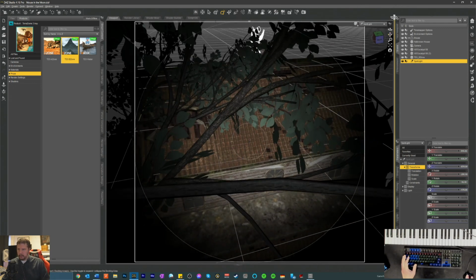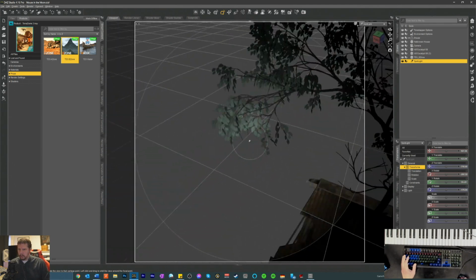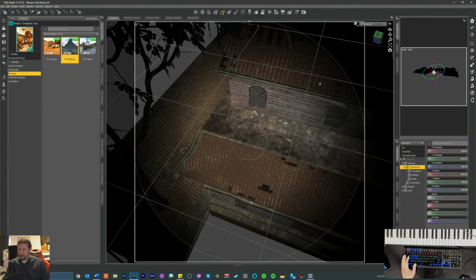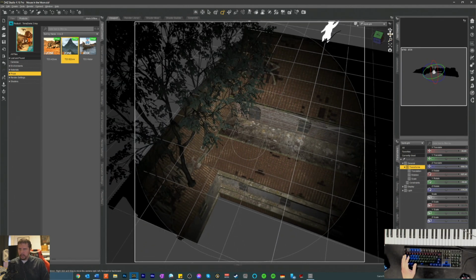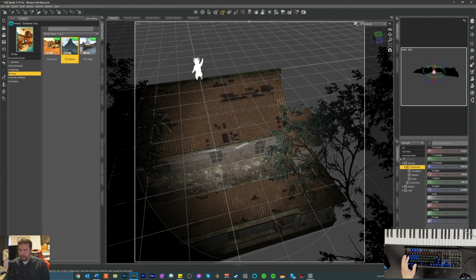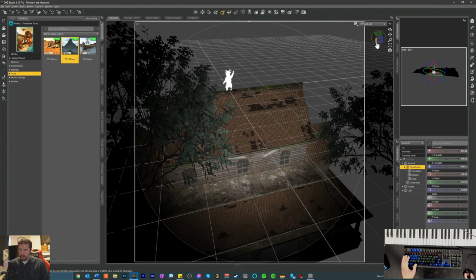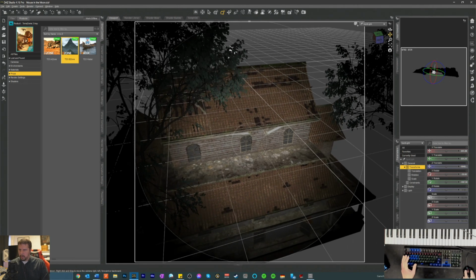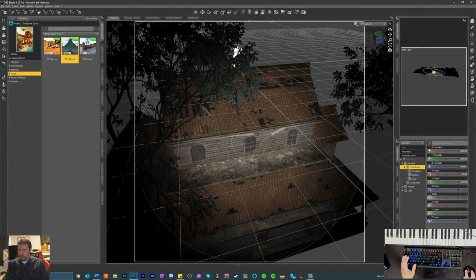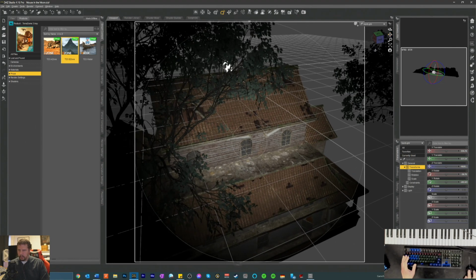Okay. Where's our other tree? Okay, this tree is going right through. I think these trees should be... okay. I would like this to be off to the side just a little bit. Okay. Maybe like this, point down at that window. Okay, now